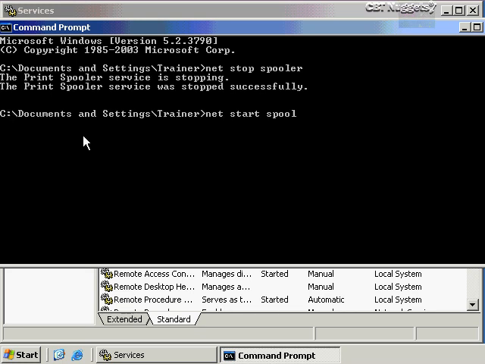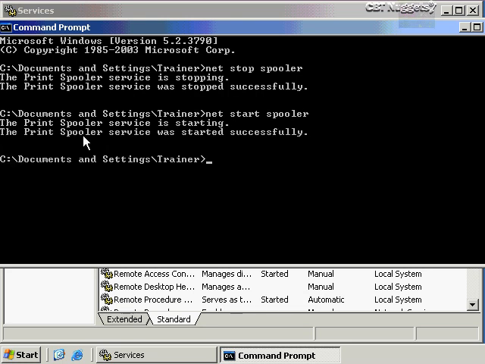Why would I do that, by the way? Well, 9 times out of 10, if I have trouble with a printer and it's not a physical problem with that printer or a connectivity problem like a loose cable, if I just stop and start the spooler service, it often will cause my print jobs to go back through again and be okay. And anybody who's administered for a while knows that that's a common command that you'll use.